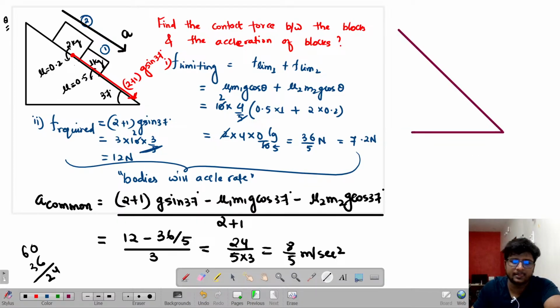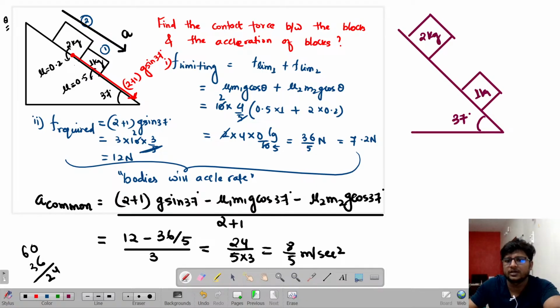Now, if I look into the zoom view, what is your idea? When you are going for a zoom view, just separate these bodies. This is your 2 kg and this is your 1 kg. Got it? Just separate these bodies. Right or not? 2 kg, 1 kg. Now, if you look into the pulling force of 1 kg, it is its own pulling force,